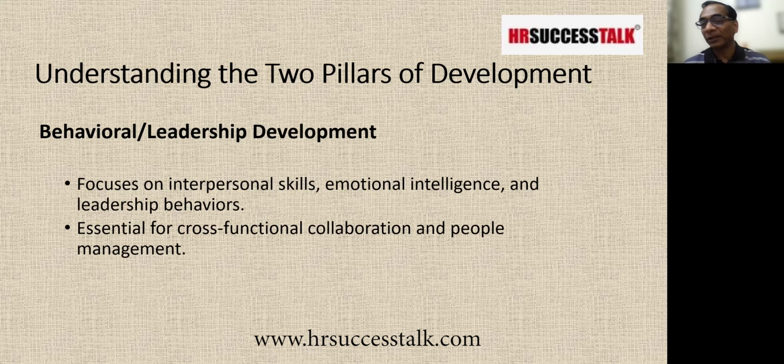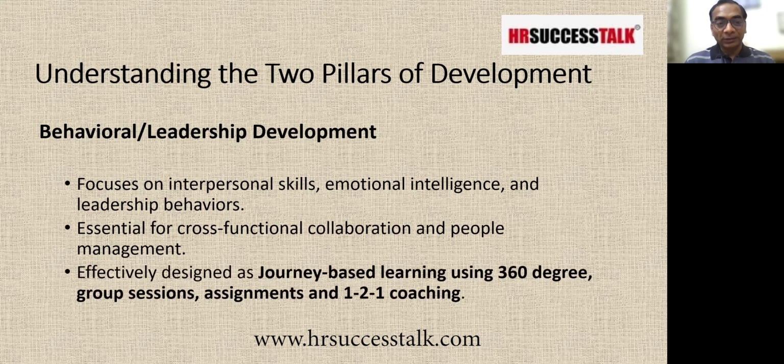Similarly, a CTO will follow up the function related to the technological aspect. But at the ground level, a CTO will not be working on coding or filling data in an Excel sheet. So why is the person made a CTO? Because the person can oversee the technical function through the human mind, interacting with a lot of human minds across. So how is it more effectively designed? As a journey-based learning using 360-degree assessment, group sessions,